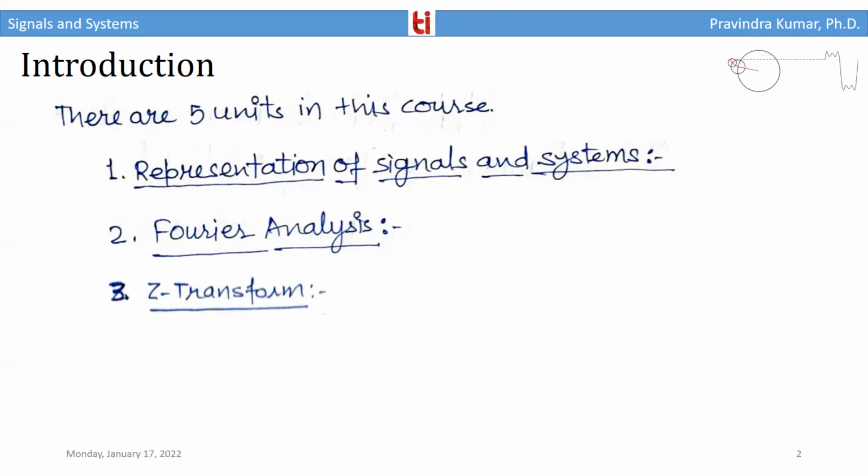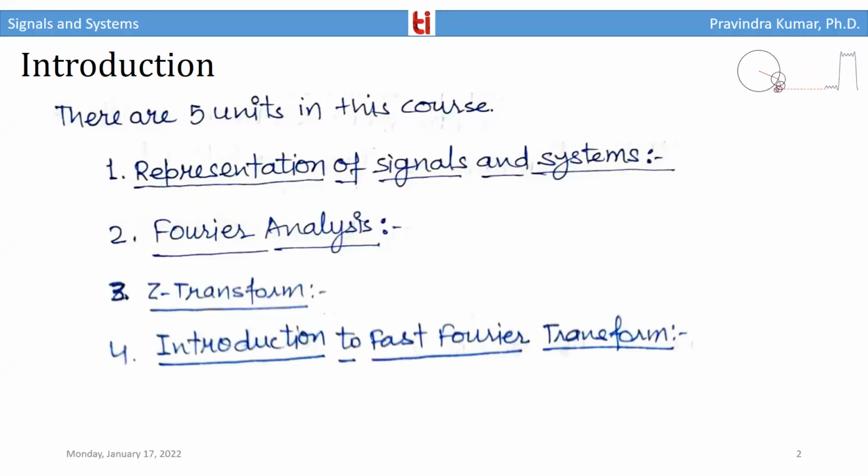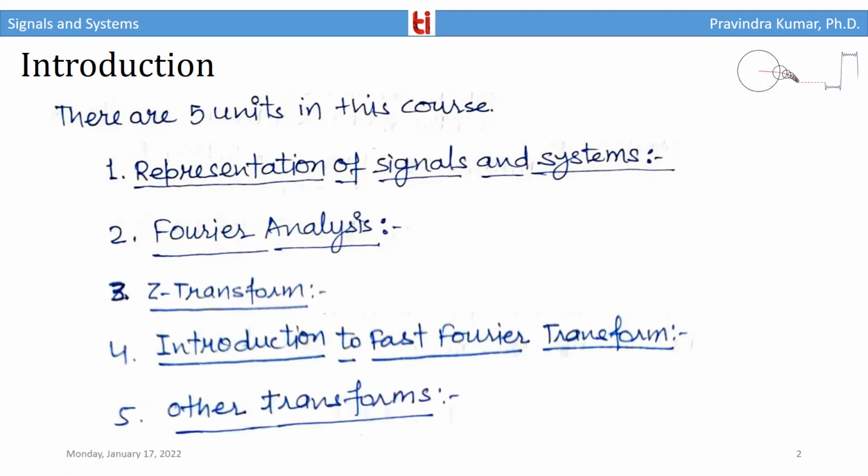And after this, we will discuss some introductory part of the fast Fourier transform. It is the algorithm that is used to find the discrete Fourier transform. Here we will discuss the fast Fourier transform, decimation in time and decimation in frequency, Radix 2 and Radix 4 algorithms, what these are, linear convolution, and circular convolution. We will discuss all these in this fourth unit, and in the last unit, there are other transforms like